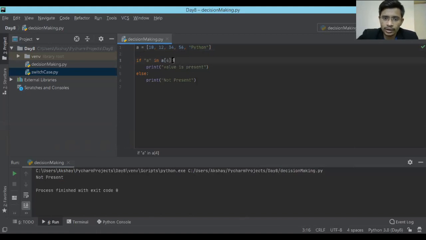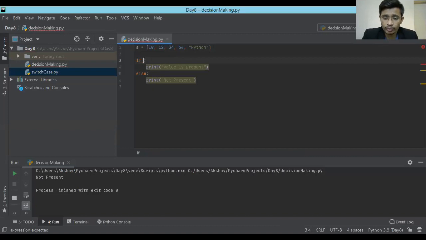Now this is done. I just wanted to give you the other operator which we learned, that is the identity operator. How to use that identity operator? Can anybody tell me? No, this is not the right way. Can anybody tell me how to use this operator? Identity operator. If you remember, if X is Y, yes.